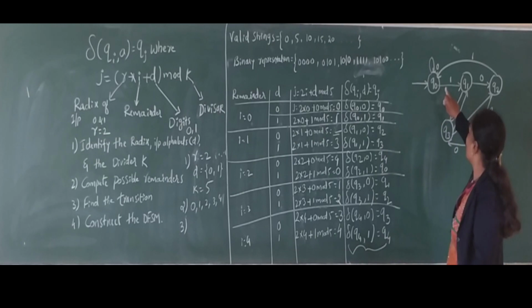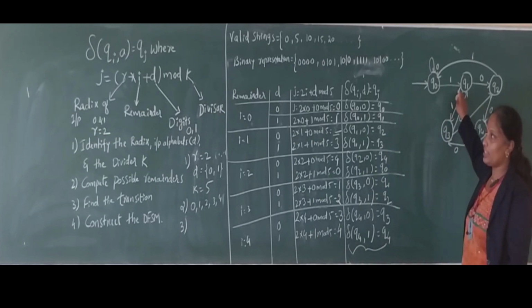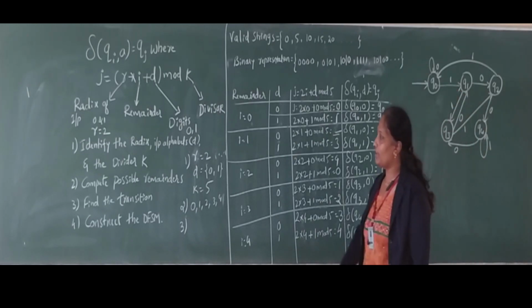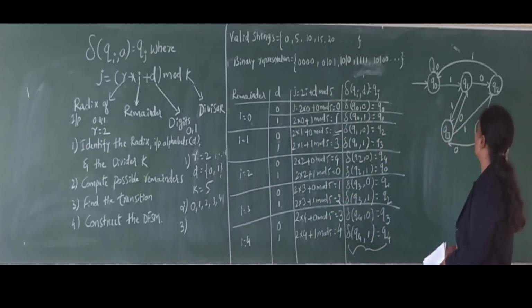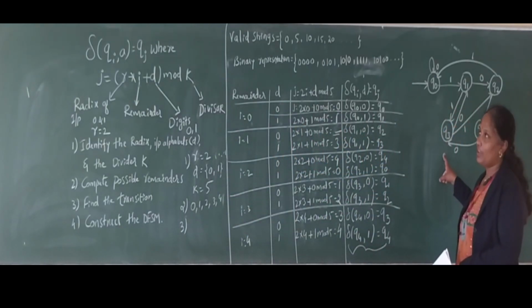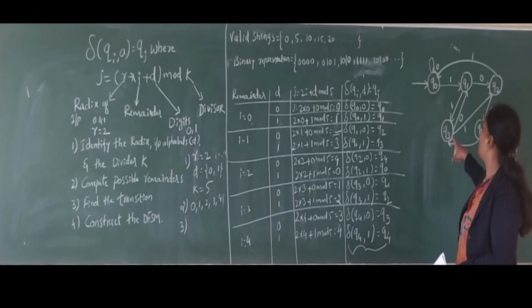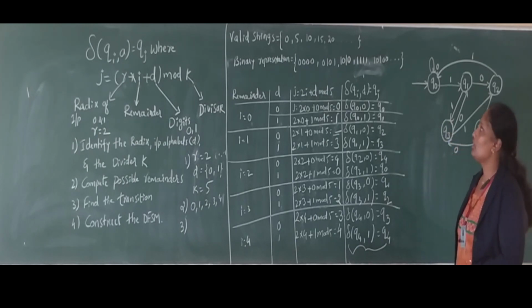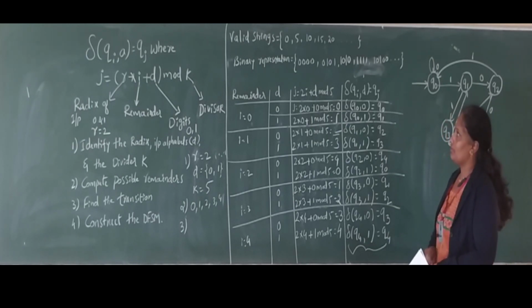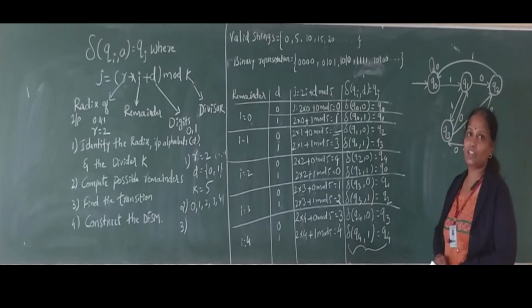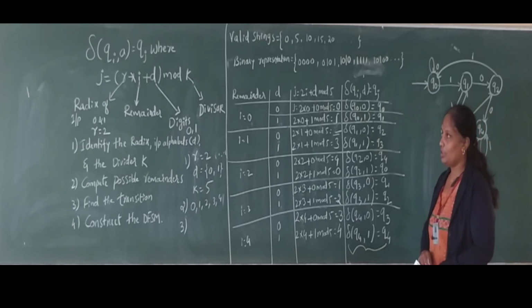So check out, from each state I have shown the transition for a given digit, that is 0 and 1. Now you check out whether the valid strings are accepted by this DFSM or not. So I will take a first valid string. See, before checking that, I must recognize the final state here.